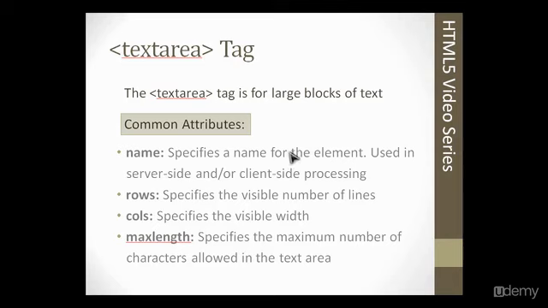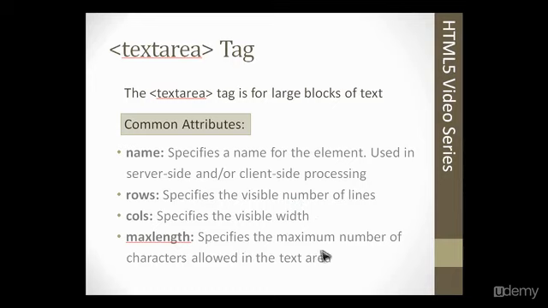And the text area tag takes the name attribute, just like the input and pretty much the rest of the input type tags, and it has a rows and a cols attribute. The rows would specify the number of lines, which would be the length of the text area, and the cols would specify the visible width, so it would be